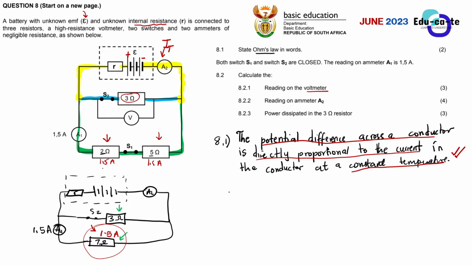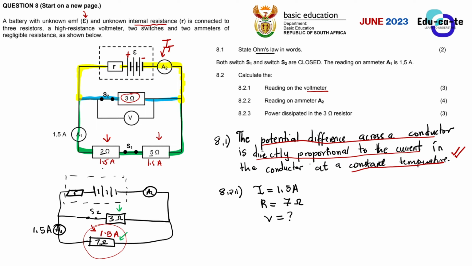We can notice one thing here: we have got the current. The current through the 7 ohms resistor is 1.5 amperes, as we are told by the statement. And the resistance of this is 7 ohms. You see, we are using the effective resistor, the 7 ohms. So we are looking for the voltage, or the potential difference, right?